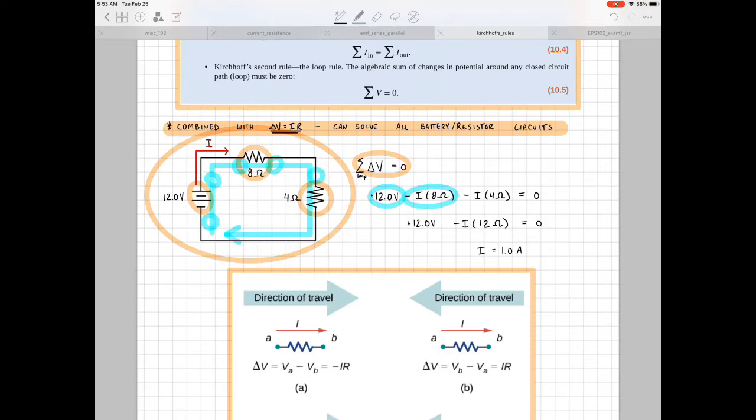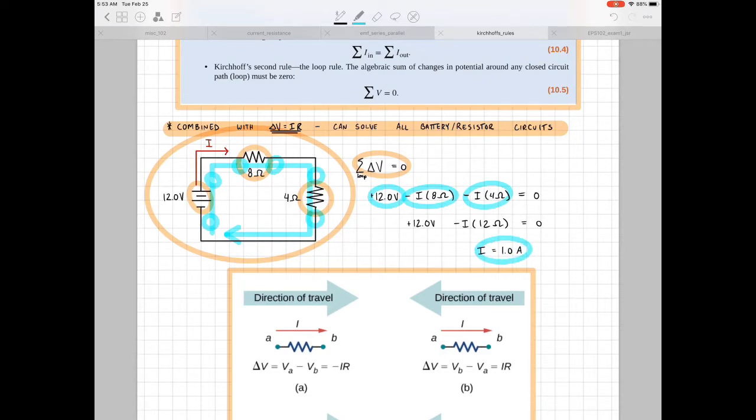Then I get to the 4 ohm resistor and cross that, and I get another voltage drop. So minus I times 4 ohms,